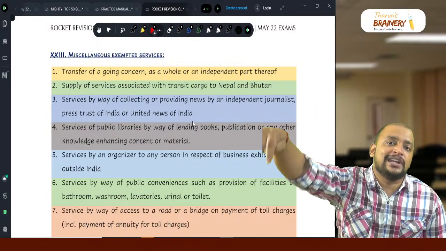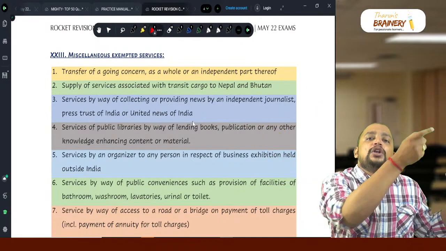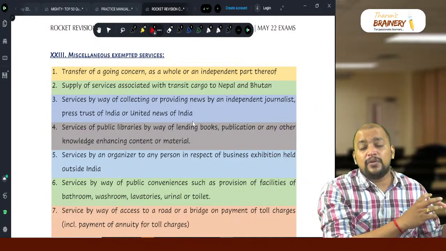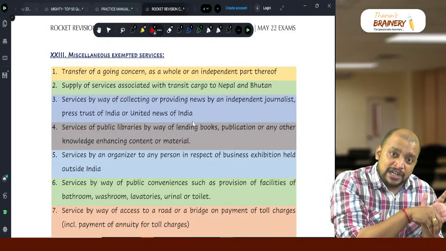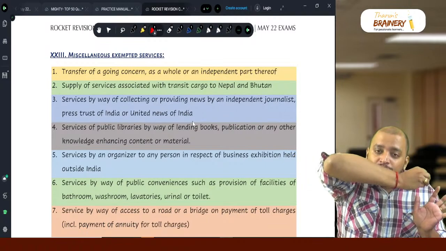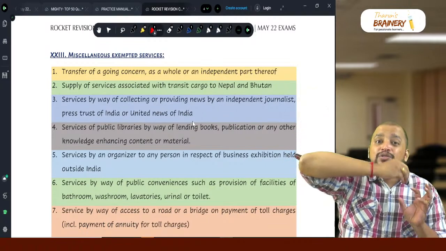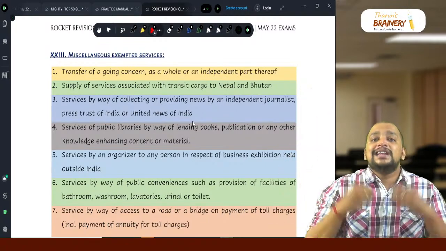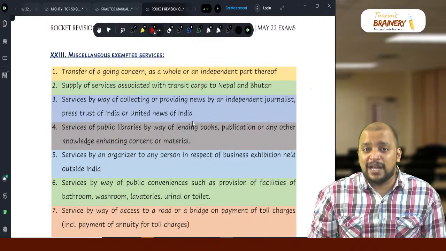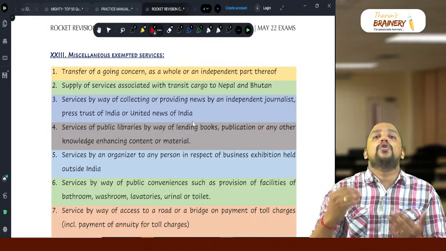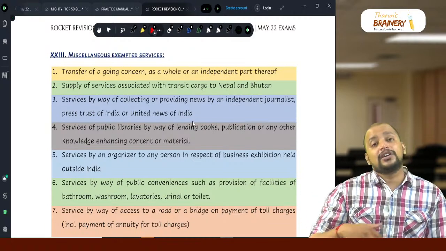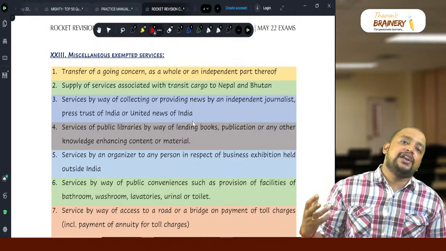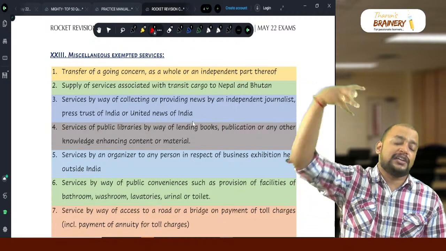There is no port in Nepal or Bhutan. So the goods are unloaded where the goods are unloaded in a port in India. From that port in India to Nepal and Bhutan, the goods are transported through the land route, for which any service provided, that service will be exempted. That is known as cargo handling services provided to, or transit cargo services provided to consignment related to Nepal and